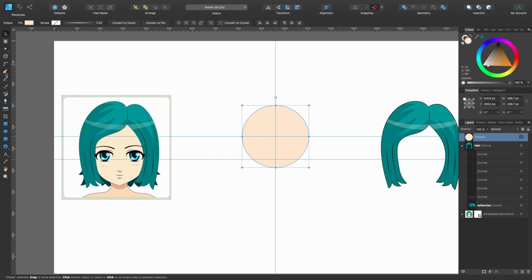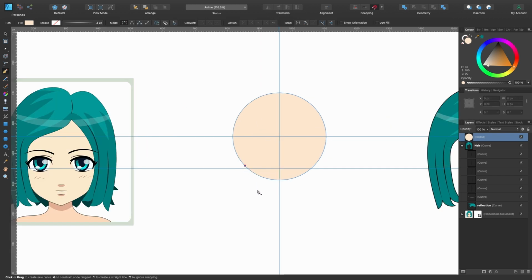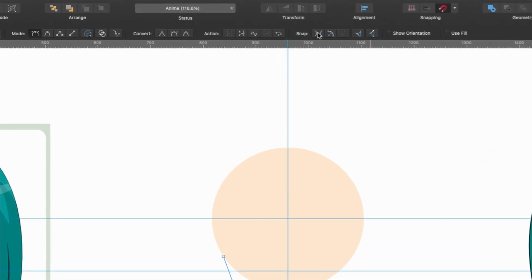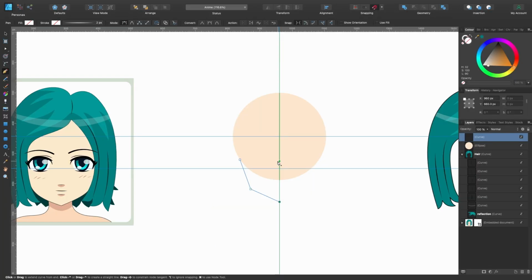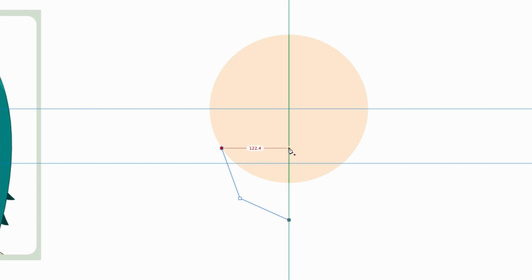I'd just grab the pen tool, maybe somewhere like that. I'll just do it quickly, maybe a little bit more actually. So that'd be the corner of the jaw, and then I go onto this pointy chin like this lady has over here. Just drag that down a bit, and I'd go up. If I want to make sure that this pen snaps to where this is up here, you can use these extra snapping options at the top here. So I just click on this one, align to nodes of the selected curves, and as I hover, you see that's meeting up with that now. So I just click once there and once there.